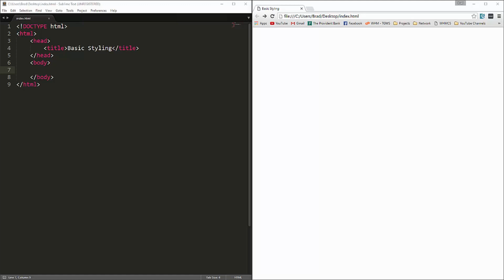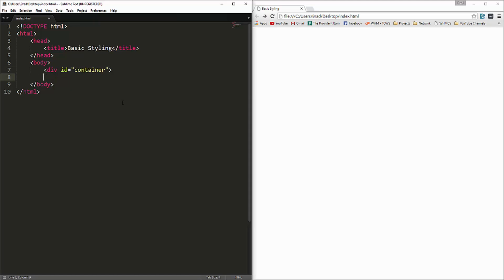All right, so as I've said before, we're going to have a section dedicated to CSS, CSS3, but I do want to get into just a little bit of basic styling, just so you know how to do things like add a background color or a border or align something, float it, just very simple things like that. So let's go ahead and go into our body here, and I'm going to create a div with an ID